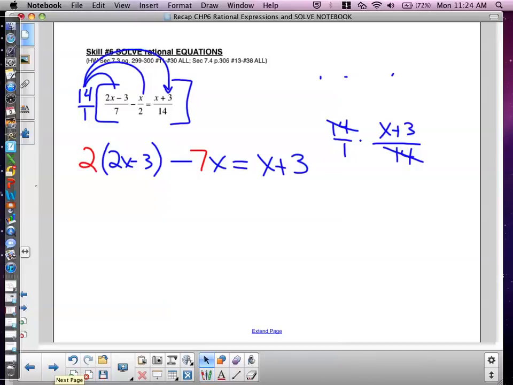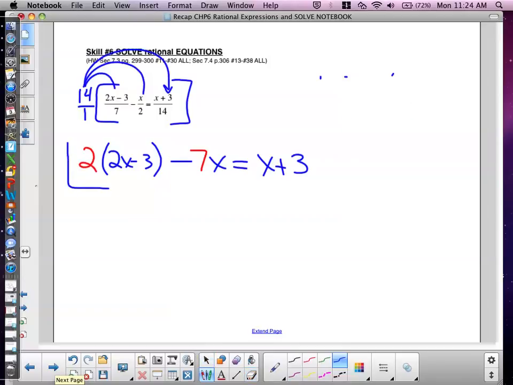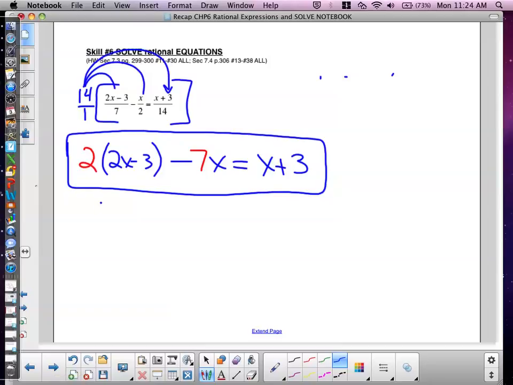So now I've taken this fractional equation, rational equation, and turned it into an equation without any fractions. This is something that you could have solved on the first day of class. So now I simply move on to solve for x. Gathering like terms,